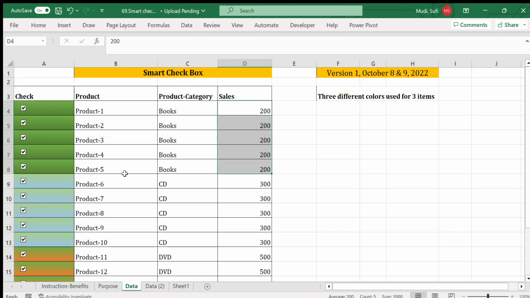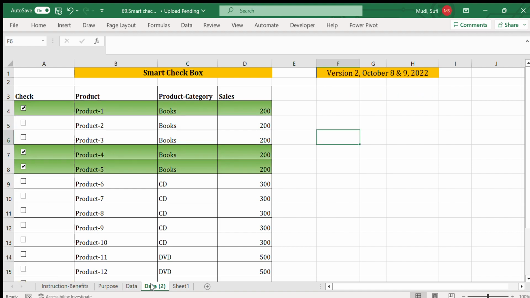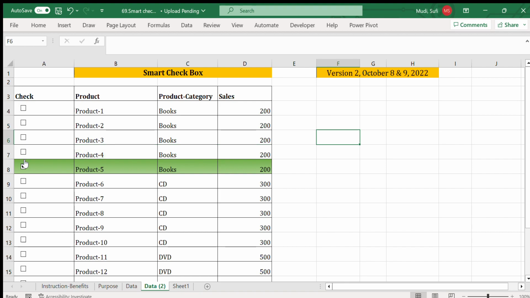So we have seen this one, and let's come back again to this one, which actually highlight across all the rows, including the product, the category, and the sales. Just before that,